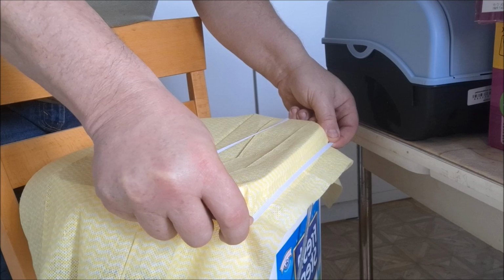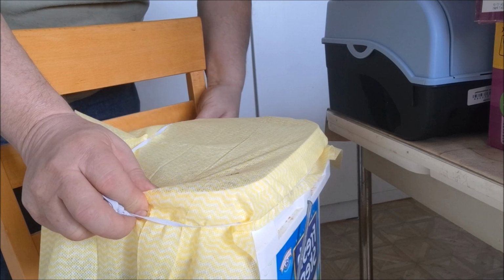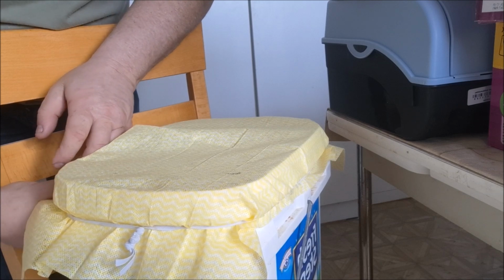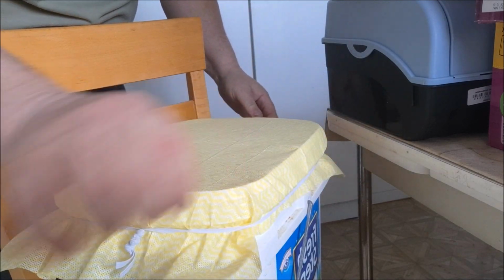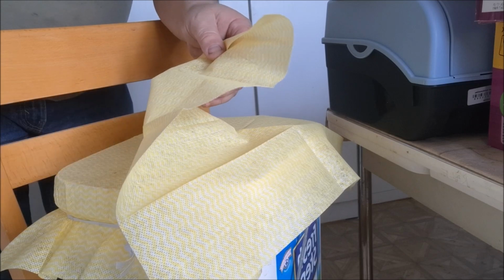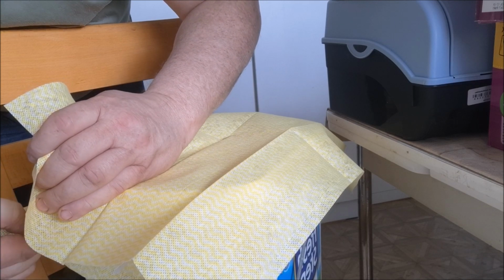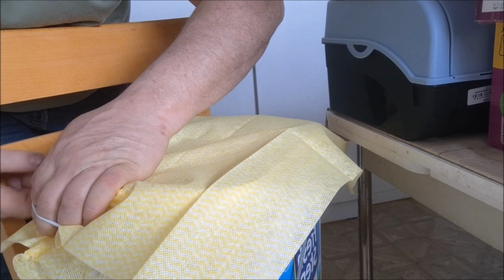Then I just use a rubber band. This is some of that sewing elastic, and I simply just make me a, there we go. This stuff is fairly porous, so I'm going to put 2 layers on it because I want to keep the dust and stuff out, but at the same time I want to let that